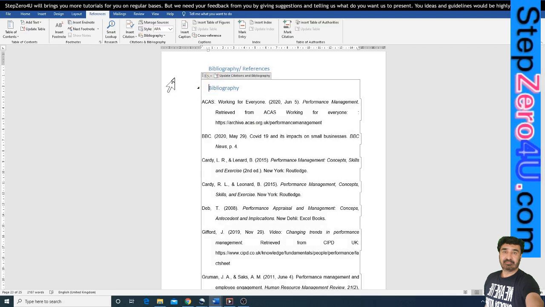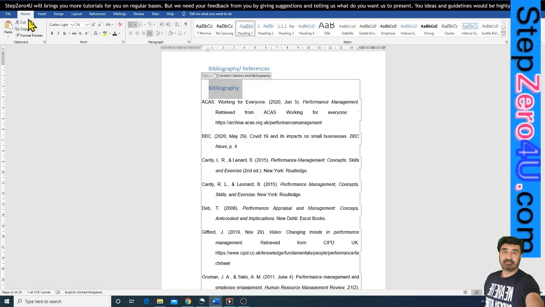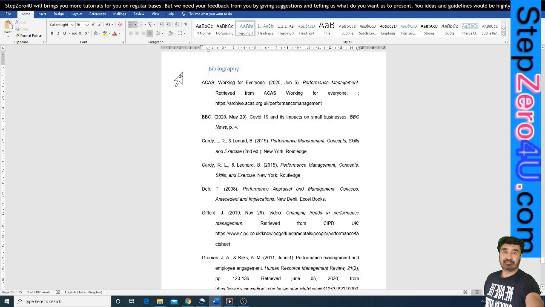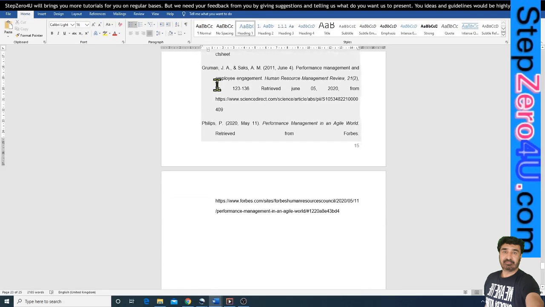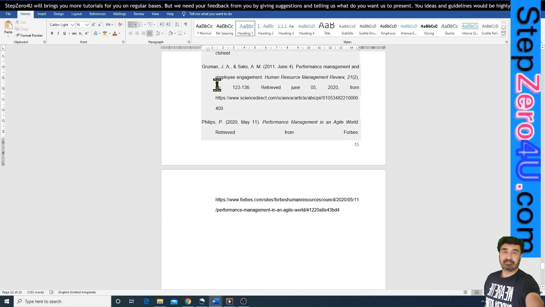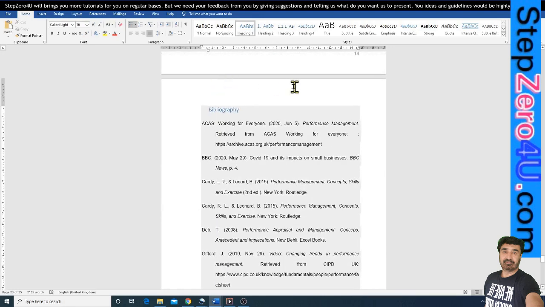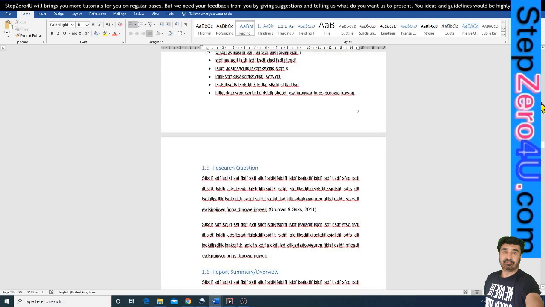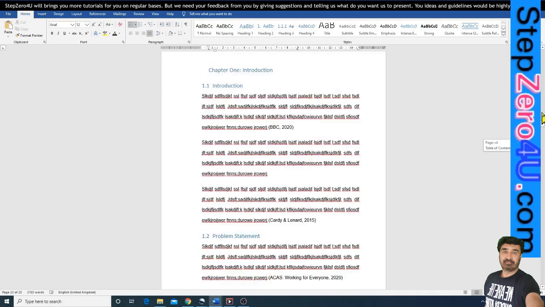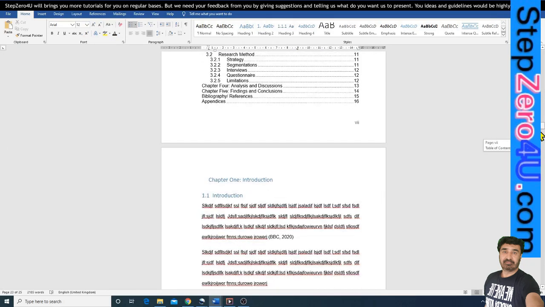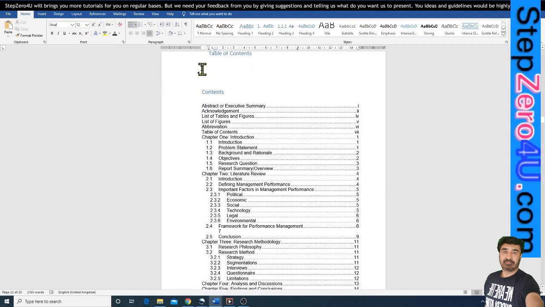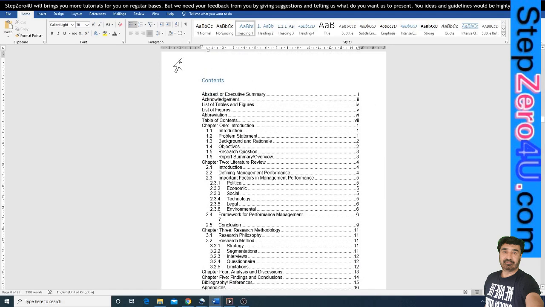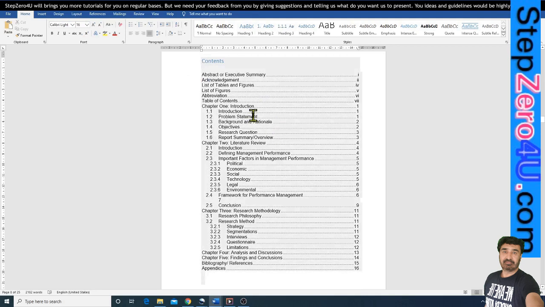With this function we have one problem, that they will generate heading as well. So the heading we have already generated, we will delete that heading. Similarly we will do it on the list of figures, list of tables, and table of content, because these automatic functions of Word generate heading as well. So the headings which we have created, we will delete these headings. Here we have 2 headings, so we will delete one heading, and that's it.